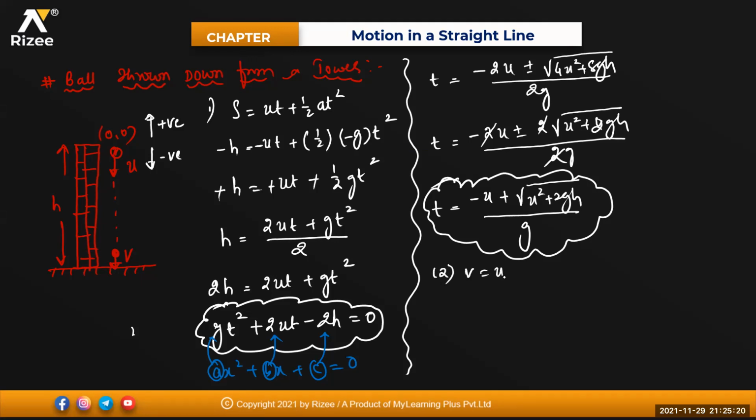Then once I know the time, can I calculate the velocity? This is the first part. V is equal to u plus a t. Be careful with sign convention. As I'm coming down, a will be minus g. So this will be plus acceleration due to gravity, which is minus, into time. Time will be equal to minus u plus under root of u square plus 2g into h, divided by g. Done. V is your final velocity with which it is hitting the ground. Clear, beta?